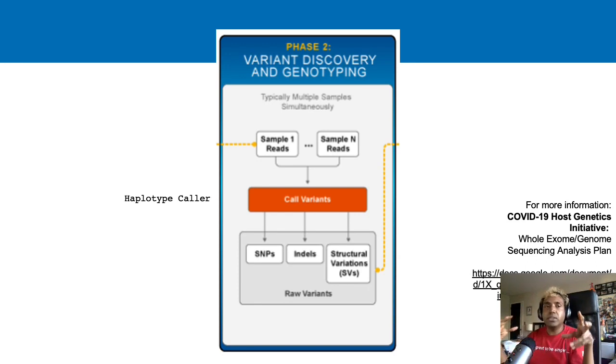So upon getting this, you would use the HaplotypeCaller in order to find out what your SNPs, indels, and structural variations are. And the resulting GVCF can be used for your joint discovery workflow that would be in phase 3. So I'd like to also mention